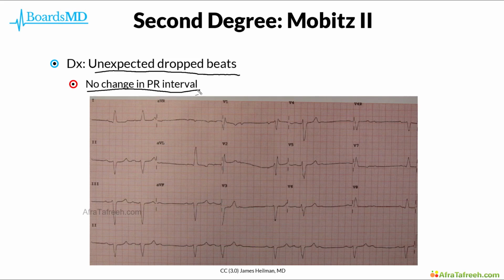This can be appreciated if we take a look at lead 2 at the bottom of this EKG strip, where we can see that we have this PR interval, then the same PR interval, and suddenly we have this unexpected dropped beat. We then have resumption of that same PR interval, that same PR interval again, no PR prolongation, and then once again we have this dropped beat, and this happens once again as we move along the EKG strip, and therefore these findings of having unexpected dropped beats but no change in the PR interval is highly characteristic of